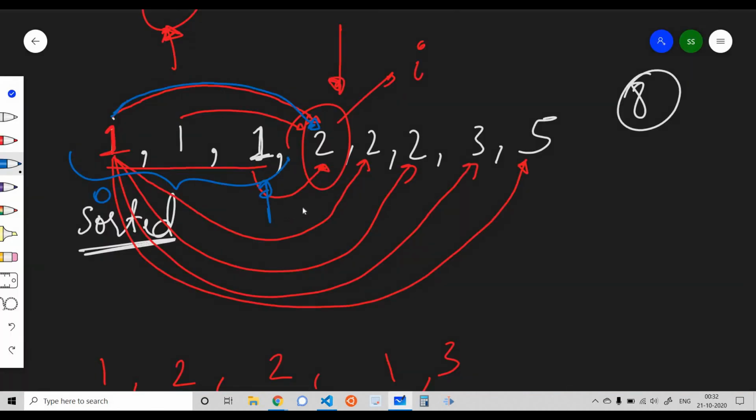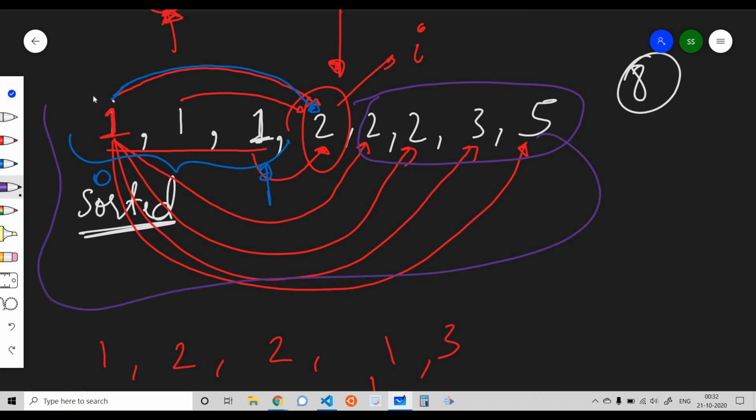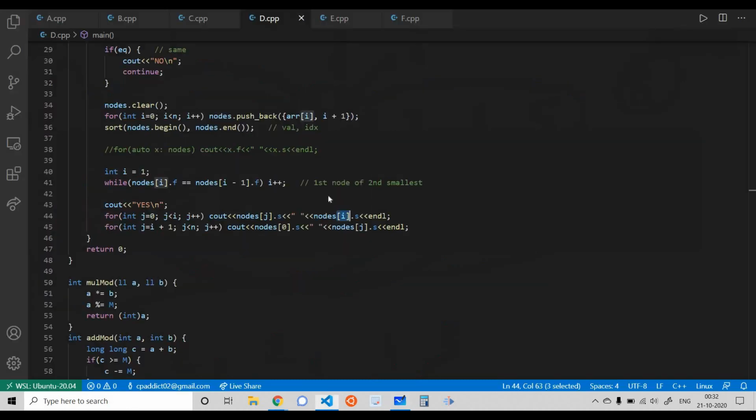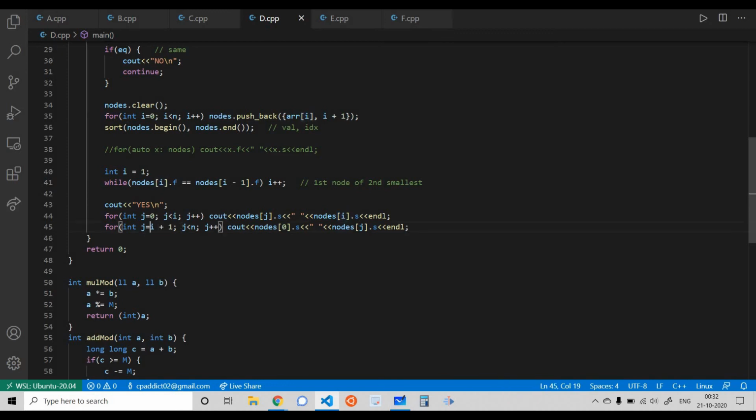And after doing all of this, for all the remaining nodes, I connect them to the first node of my array. So this index starts from i plus 1, which I'm encircling. Now I go from i plus 1 to n, and I attach all of those to the first node of the array. Yes, that's all for this problem.